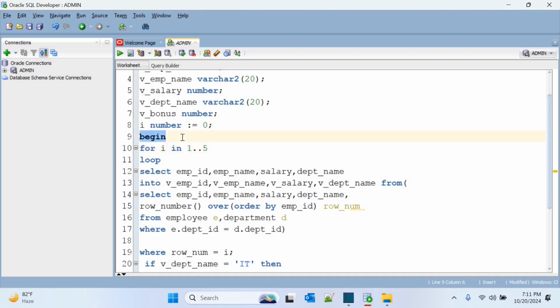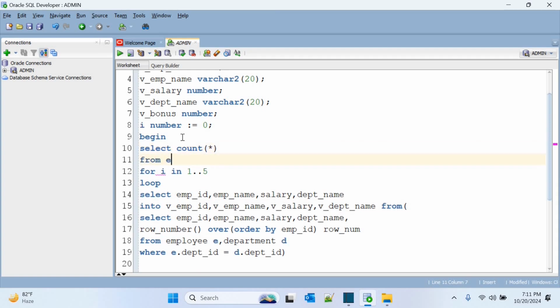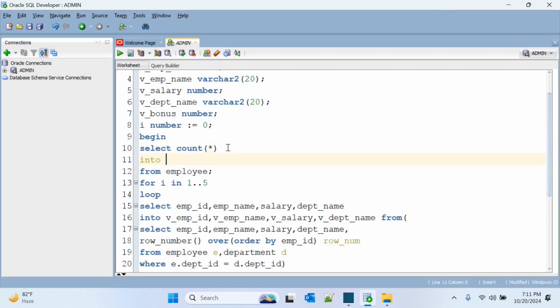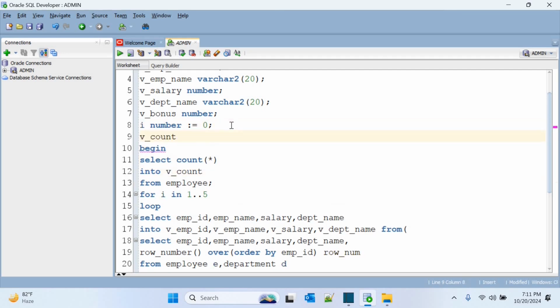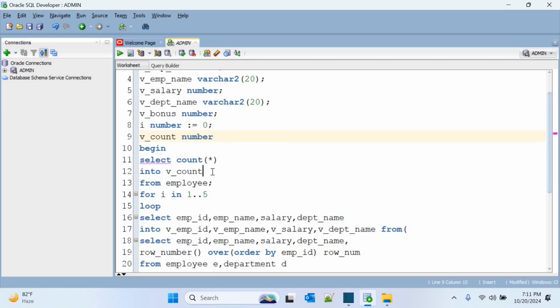So to implement this, I'll first use a count star from the employee table, and I'll put that count into some variable like v underscore count, and that count I'll declare as a variable number. Now whatever the employee count, that will be stored into v count variable,